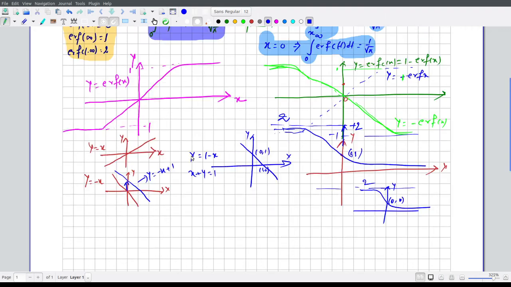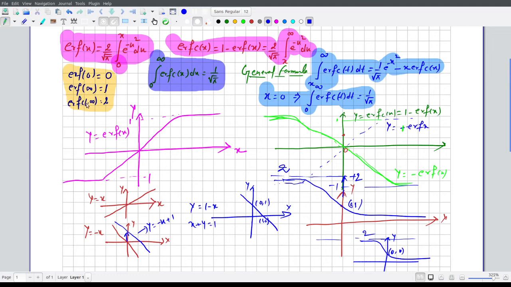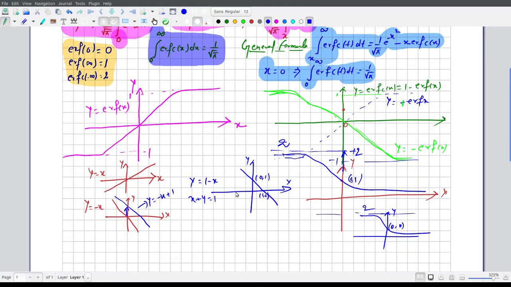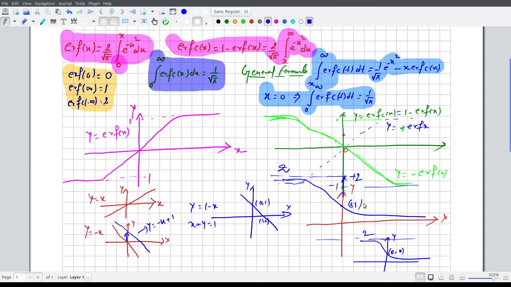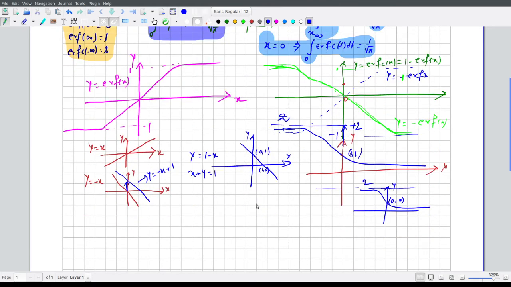Already I have written here erfc at minus infinity should be 2. So these are very simple concepts. The red one, this lower one, is your complementary error function graph,